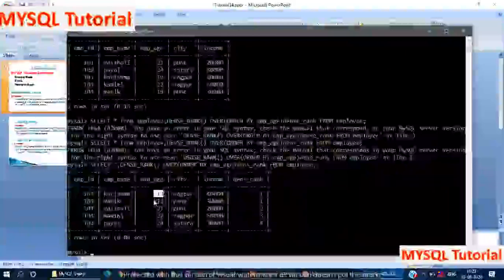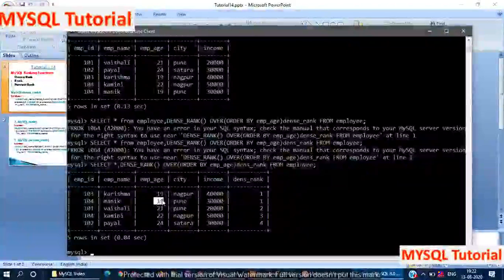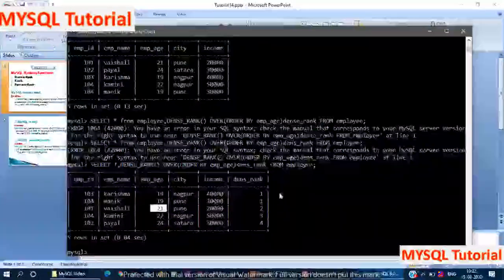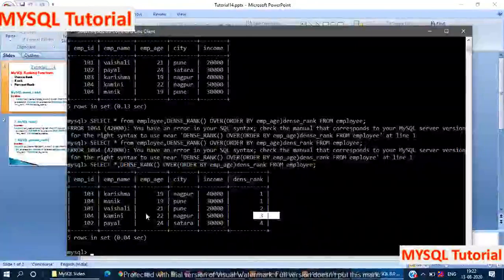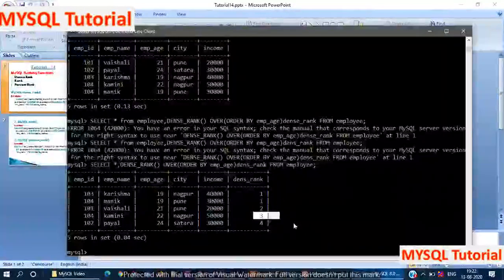Here you can see again there is a 19 age, that's why again dense rank is set to 1, then 21 age is set to rank 2, for 22 it set 3 and 24 is 4. If there is another record with employee age again 24, at that time we will get dense rank again 4.